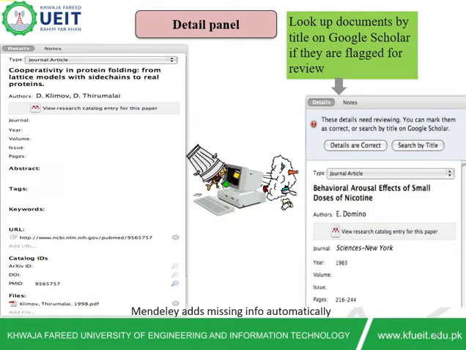Here is the detail panel, which shows whether the document that you have added is a journal, book, conference, any report, etc. The detail panel